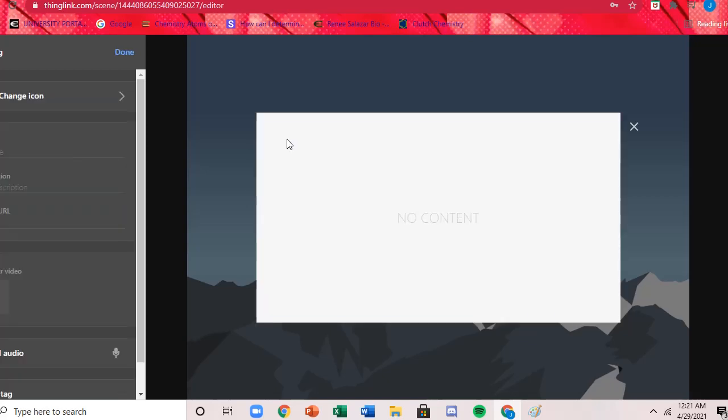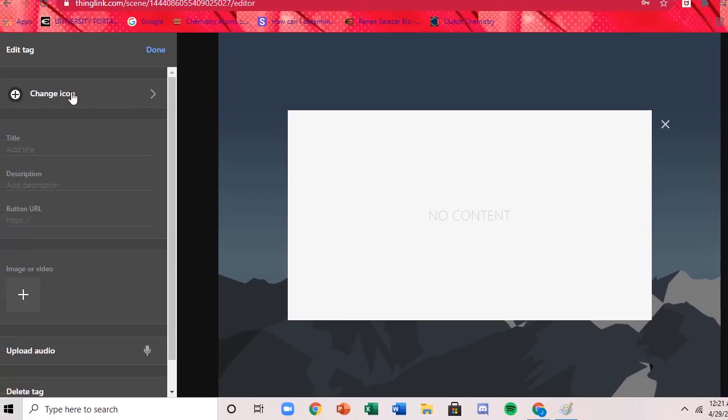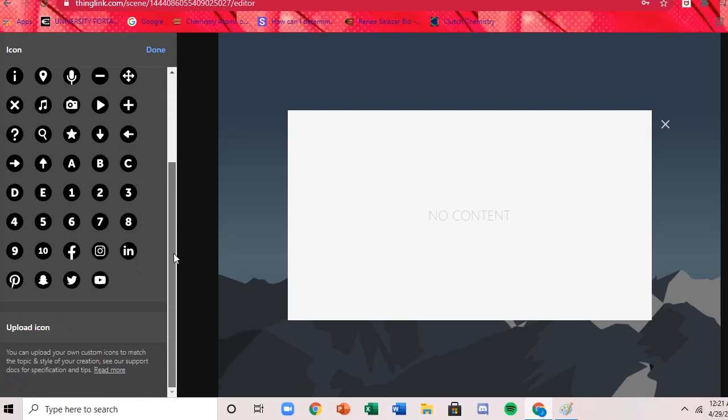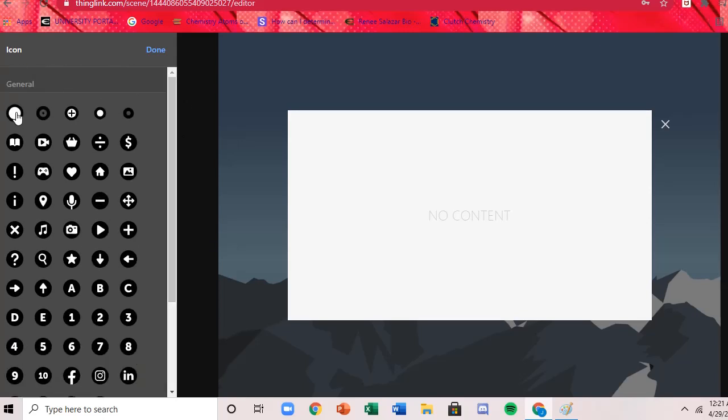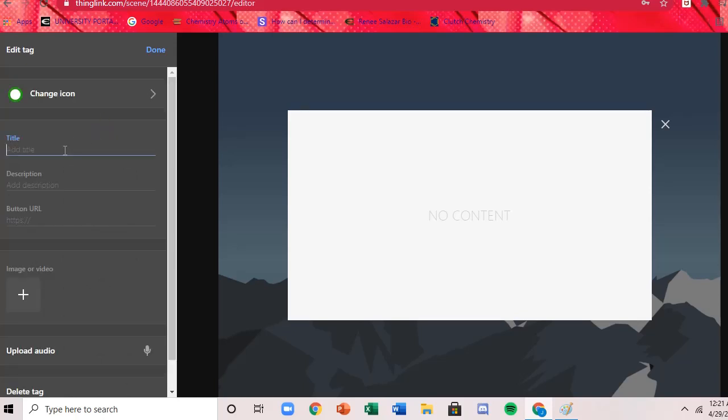And first, I'll click this and scooch over here and click Change Icon. Do whatever icon matches best with what you want, and I'll pick that. And you can choose different colors as well. So for this, why don't we just go for a green button, and this title will be Exposition,